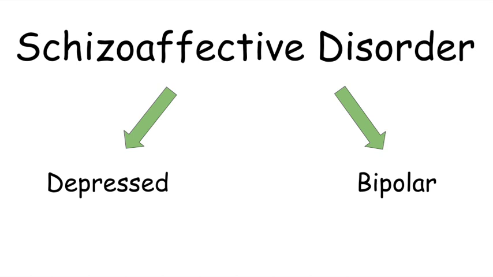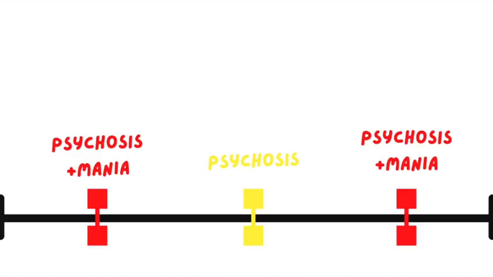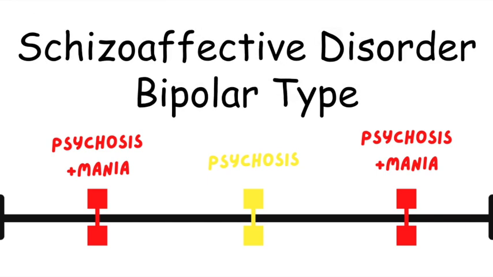Now let's look at a simplified way of classifying different disorders with psychotic features. In this patient, their baseline is psychosis, as it is always present. However, mania only occurs when there is psychosis. So this is schizoaffective disorder bipolar type. This and every slide from this point is extremely high yield, so take your time and